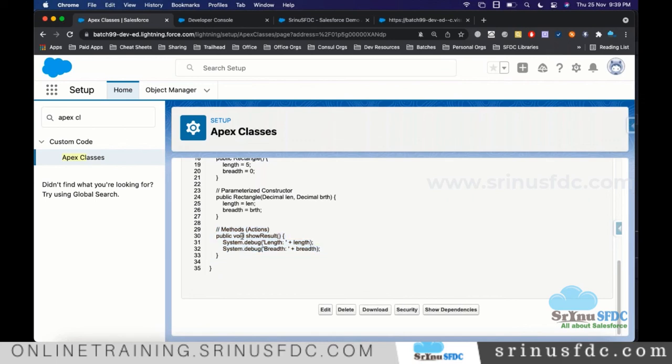Only one time I use it, right? When you define a method, there will be two situations. Just you want to execute all the statements present in that method, and you are not expecting anything in return. That time we use void. Here, all I want is to print in that log. I'm not returning any calculation or calculation result, so I'm just using void. So let's say I'm multiplying length and breadth.